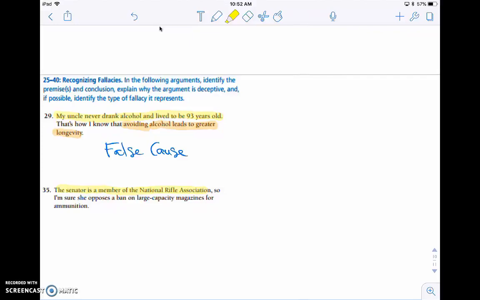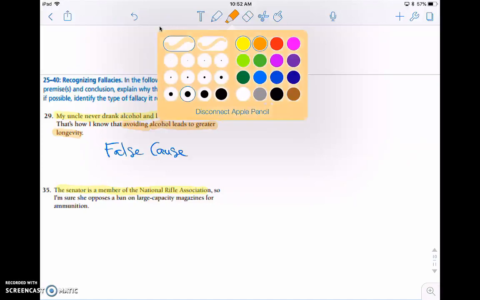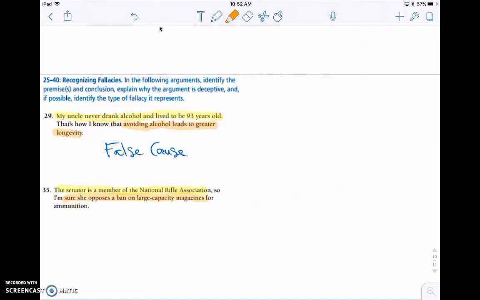And the conclusion is that this person is sure she opposes a ban on large capacity magazines. Hopefully you can see, we're not necessarily attacking this person, but we're saying the senator is a member of the National Rifle Association, and then the conclusion starts to distort things based off of her relationship to the national